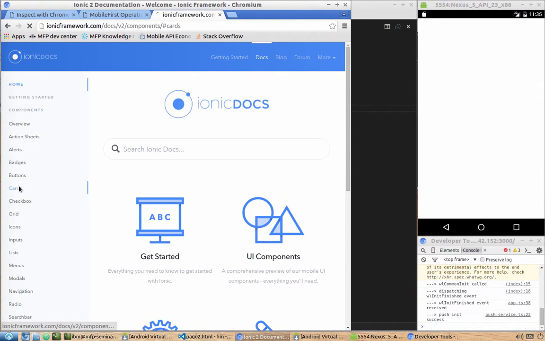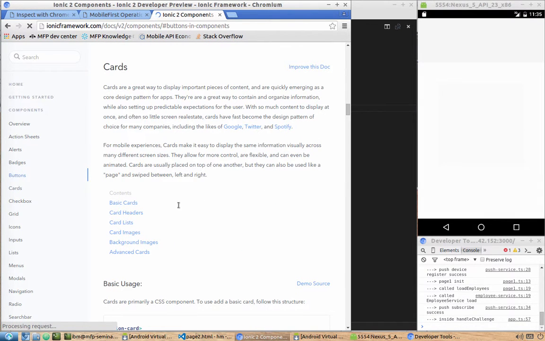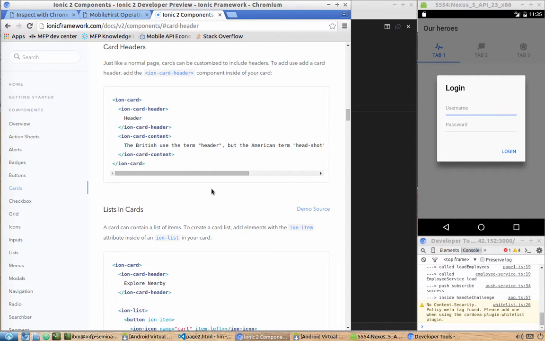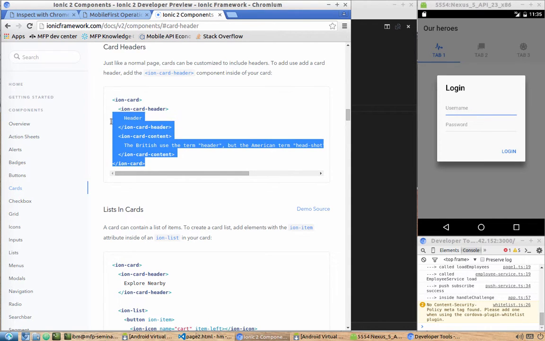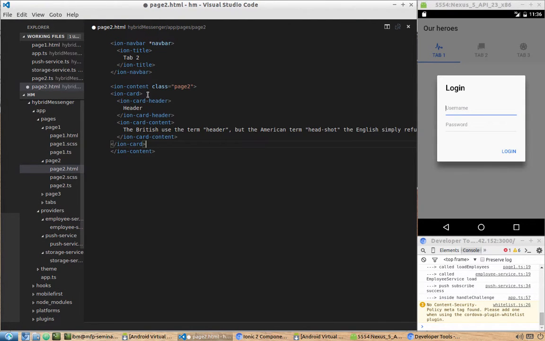Let's use the cards component for that. So we'll have cards with headers. Inside the header we will have the date, and inside the content we will have the content. So copy this code and paste it inside our content,